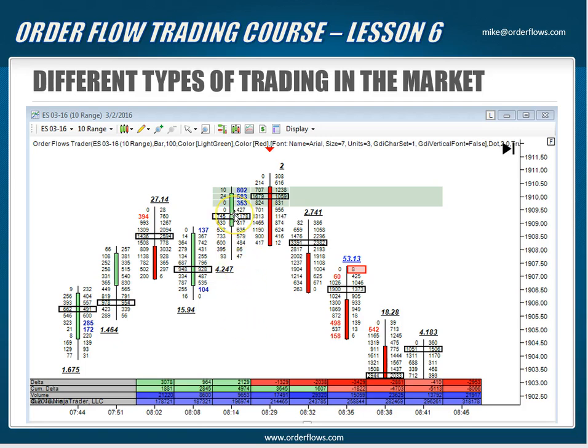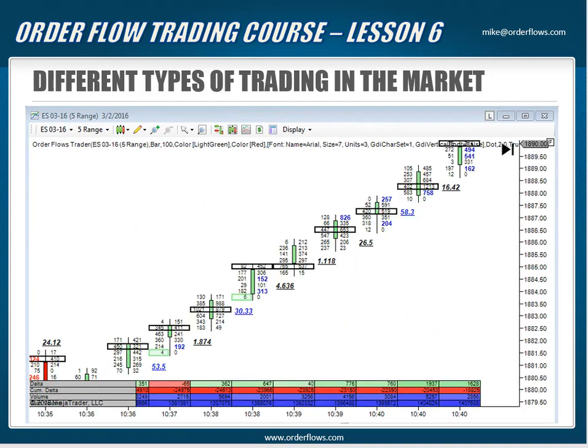You see this nice buying imbalance. Where is the follow through? It's not there, and all of a sudden you see the big shift in delta where the sellers are taking over. It's something order flow will really help you see. Sometimes it's very obvious, like in this case. Other times it does take a little bit of work to understand, but over time you'll understand it a lot more clearly.